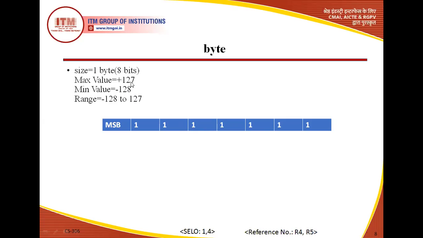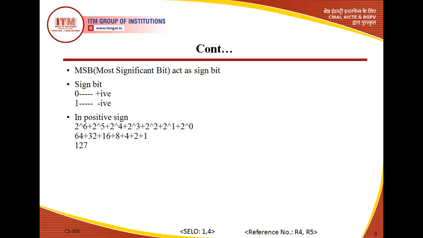How do we get the -128? Because normally in the memory, +1 is represented by 0 and -1 is represented by 1 here. Clear? So negative is represented by the 2's complement in the memory. Clear to everyone? This is the important point that I make over here. And this 127 I got with the help of this combination: 2 to the power 6, then 2 to the power 5, 2 to the power 4, 2 to the 3, 2, 1, 0. When we add all these things, we get 127.